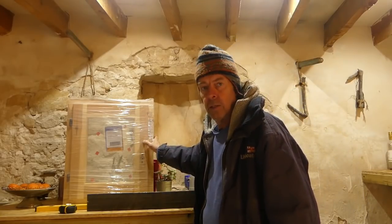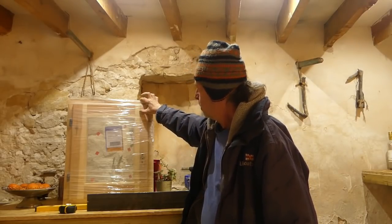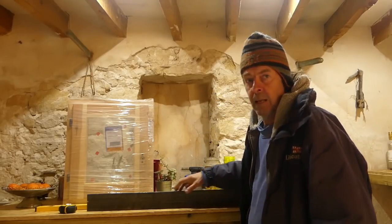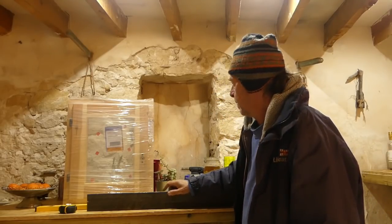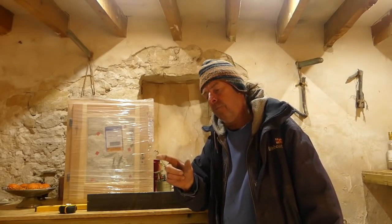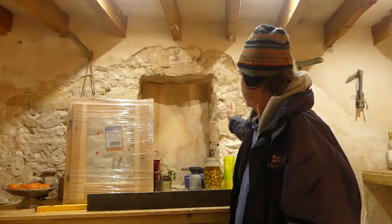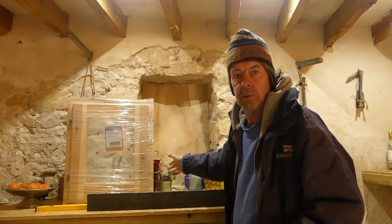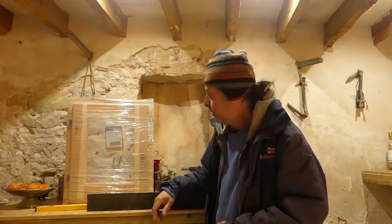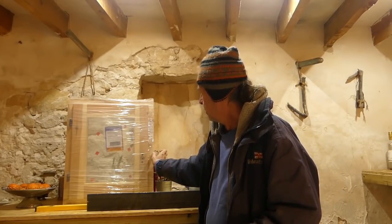These window frames, window casings, are really thick. So I think what I'm going to do, I'm just going to fit the window up to that and fill it in. The other headache he was giving me, the window is about 10 centimetres narrower than the opening. So I was considering offsetting it and stoning up one side ourselves. But the stones are so nice, I don't really want to do that. So what I'm going to do is shim the window. I'm going to build another frame round the outside of it